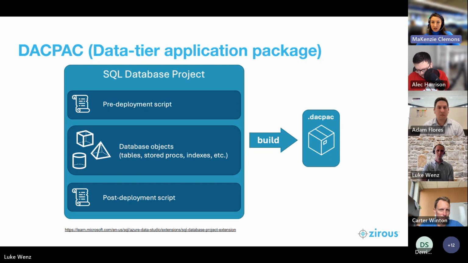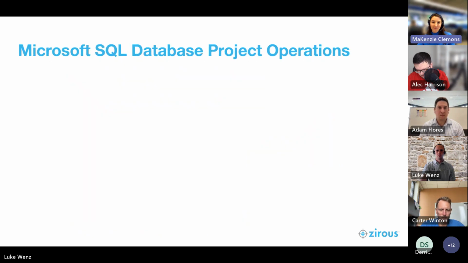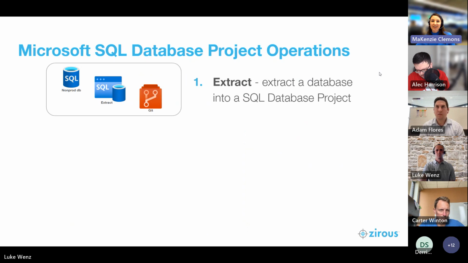It applies all of its changes that it's decided it needs to occur based on the database object. And then it runs the post-deployment script. So that's kind of order of operations and how these different pieces of the DACPAC are part of this deploy. So moving on to the next slide, what are the database project operations in the context of the 3 steps